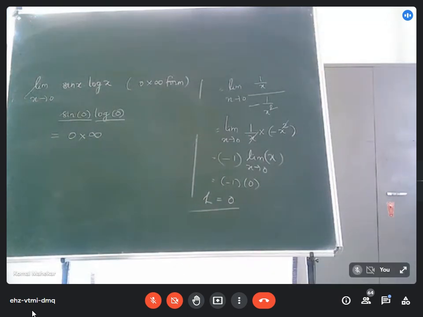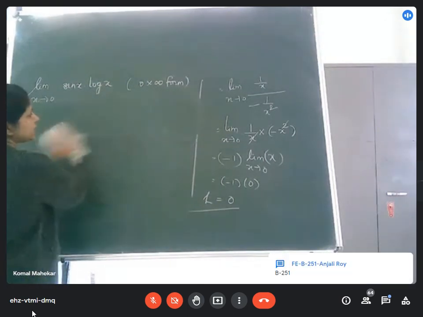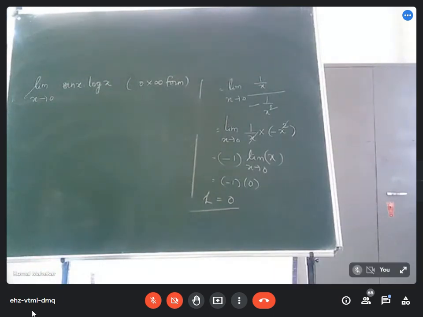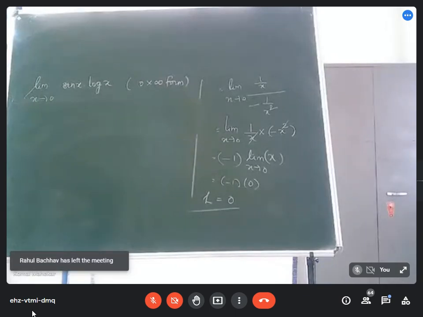Yes, just in just 5 minutes we will solve the example. मुझे पता है टाइम हो गया है, हाँ यश टाइम हो गया है मुझे पता है, ठीक है।